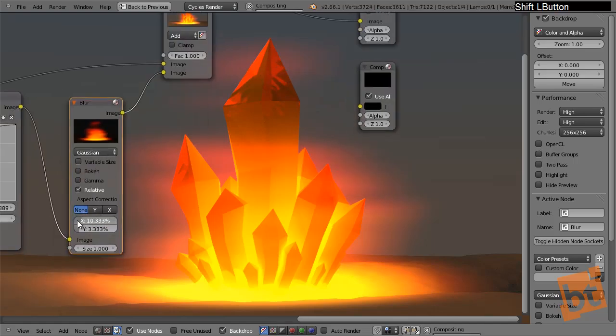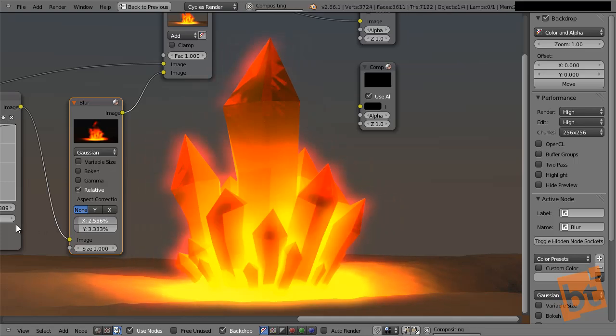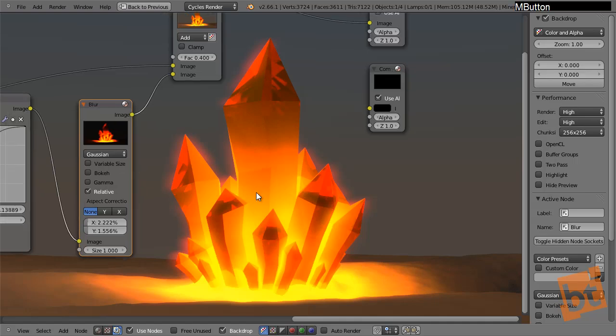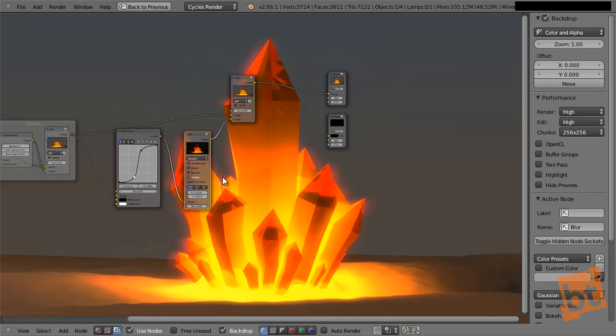Now I can just make this smaller. Right, something like that. Okay, something like that. Smaller. Okay, and now we can just tweak the factor a little to increase or decrease the amount of brightness that we want. Okay, and what I can do now